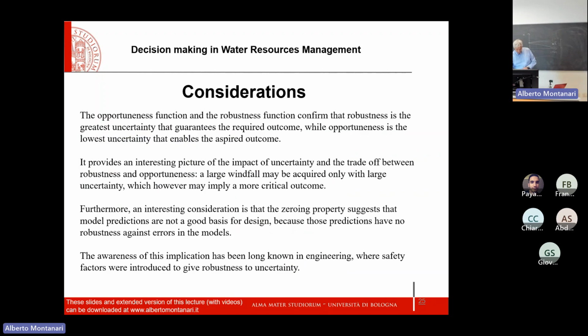Let me just check. These considerations, I think they are obvious because they are not obvious, but I already made them, okay? So basically,